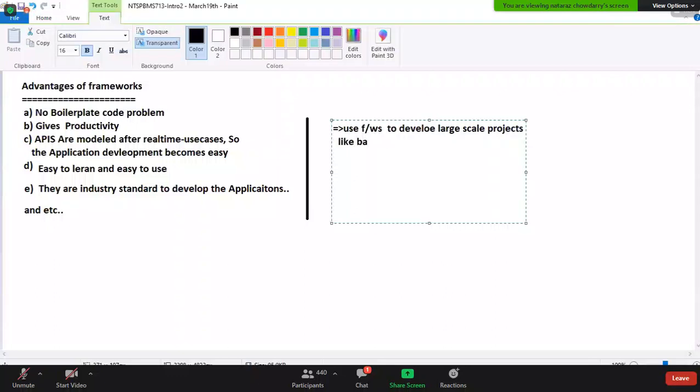Like banking applications, e-commerce applications, and etc. Use technologies to develop small scale projects. Small scale projects like desktop games,